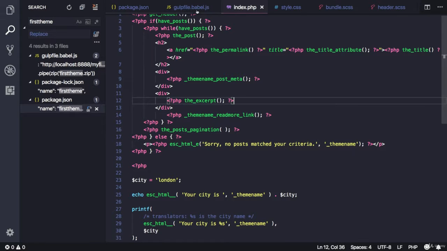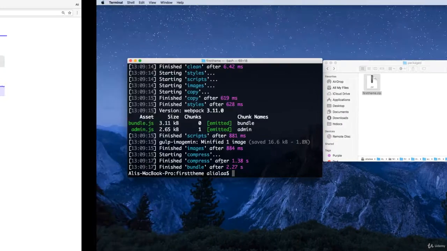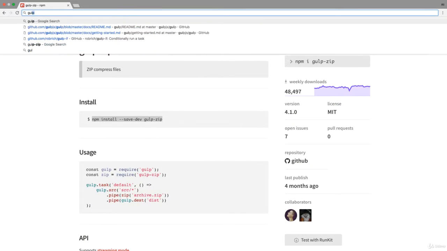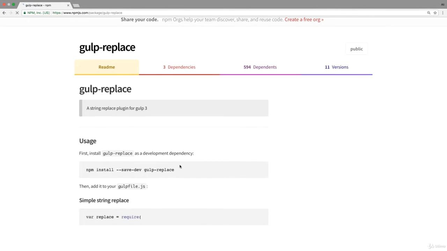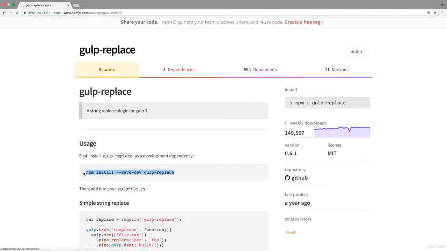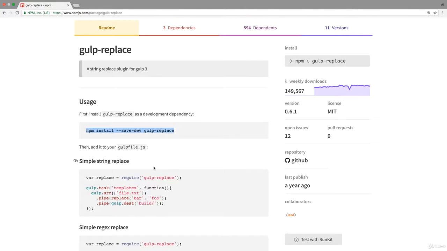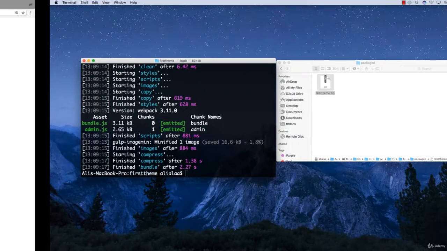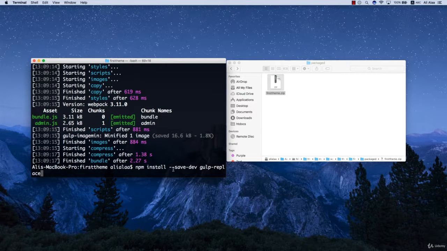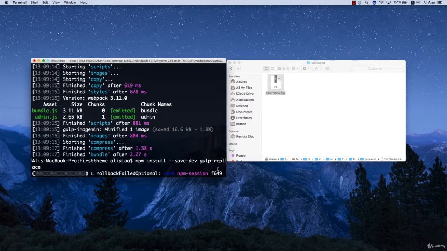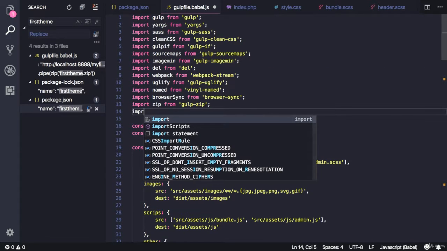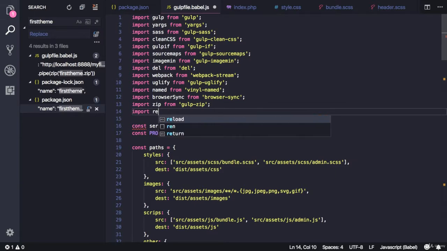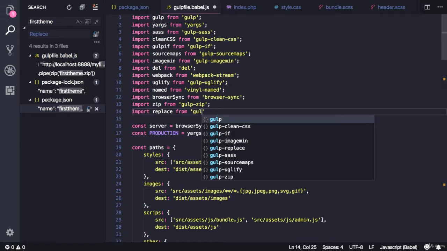In the gulpfile, let's install a plugin, gulp replace. So this plugin replaces a string in a file with another string. Let's install it, and while it's installing, let's actually use it. So let's import replace from gulp replace,